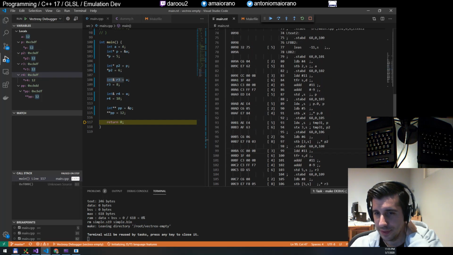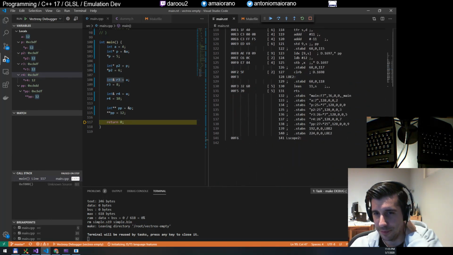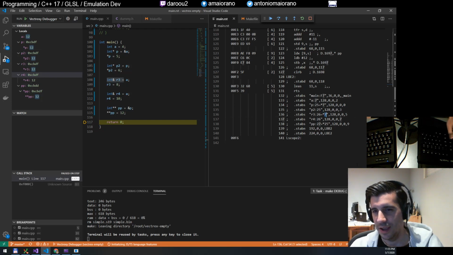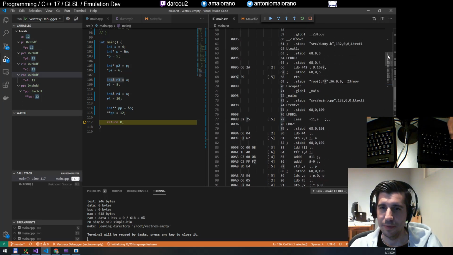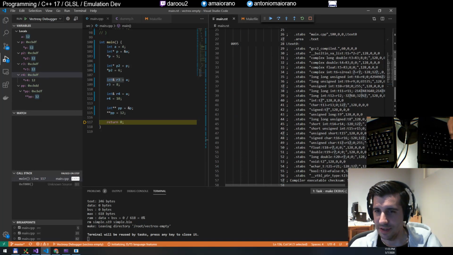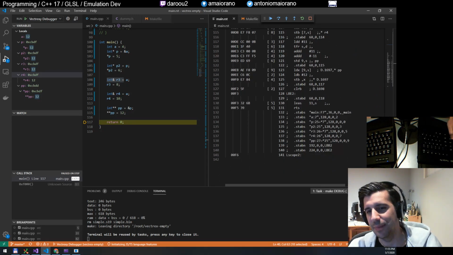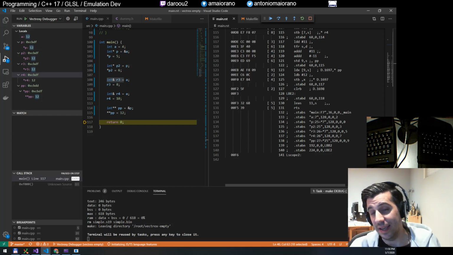There's just no way. Because if you look here in the stabs information where it describes all the variables, it'll say R3 is a pointer of type 7. And what is 7? If we come up here, 7 is an integer. So as far as this compiler is concerned, and it makes sense, compilers don't really distinguish references from pointers, that's okay. But it would be nice if the debug info actually told me this is a reference,